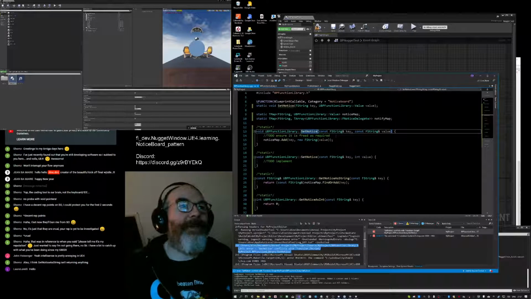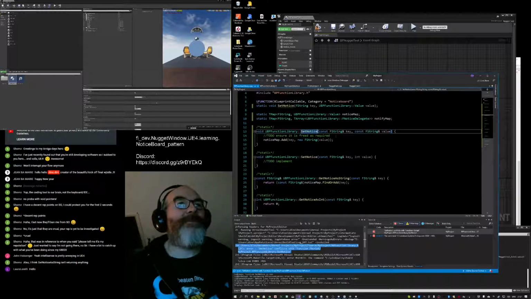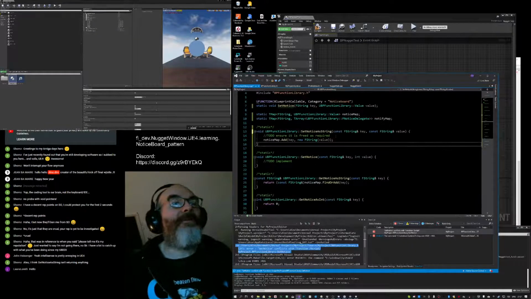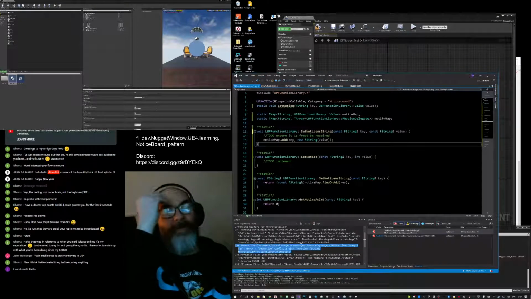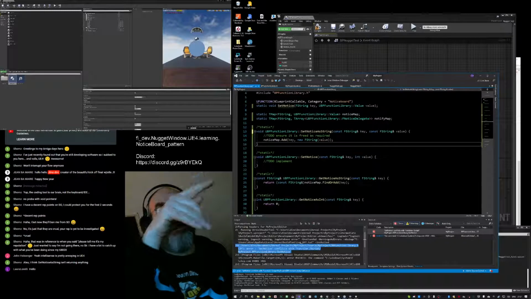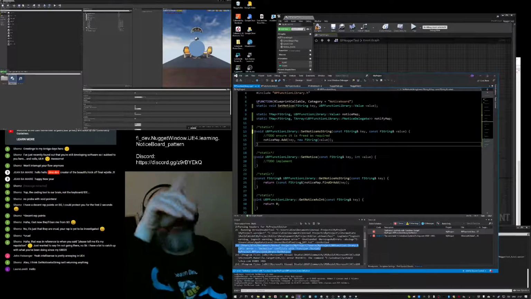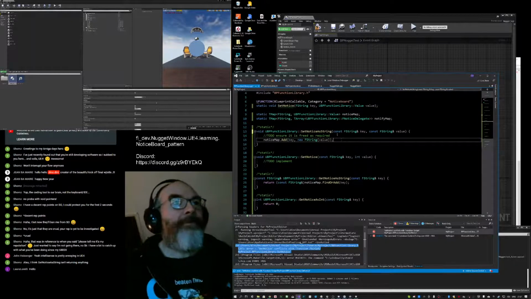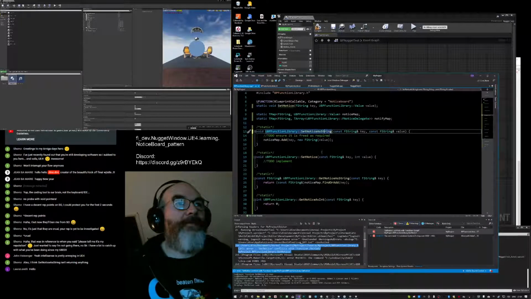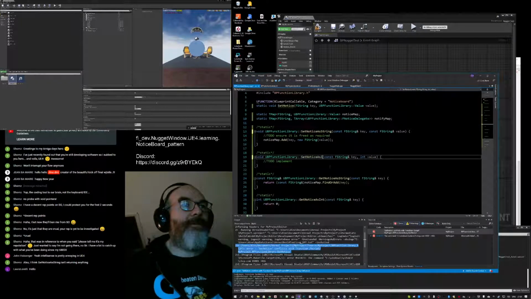Get, set notice. Can't just do set notice. I'm going to use set notice as string. And it's not so bad because from C++, I can use all of that stuff. But if I'm calling this from Blueprints, then it has to work with the whole interface, it's going to appear in the list. So I'm going to do set notice as string. This one is set notice as int.